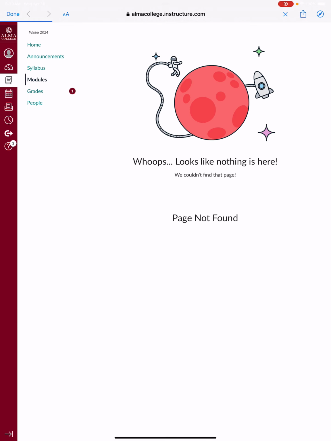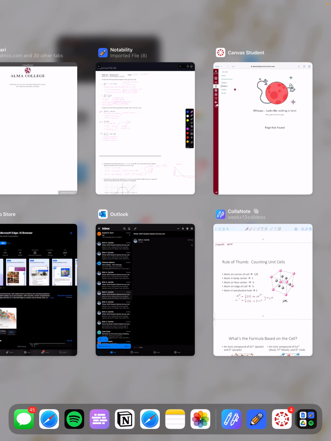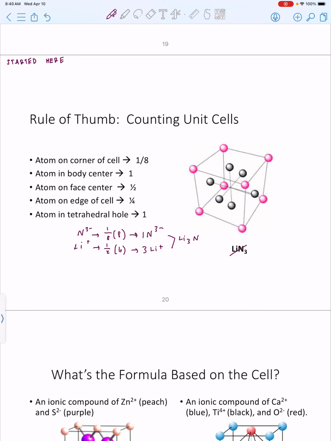But here's cesium chloride. That full cesium ion is in the body center. As we said, anything that's completely inside the unit cell counts a full ion towards my formula. And I've got 8 chlorides on the corner. 8 times an 8th gives me 1 chloride ion. There are 2 examples on the problem set that I ask you to count and provide formulas for Monday. Questions? All right. Since I have 1 full cesium and 1 full chloride per cell, it actually matches the formulation of